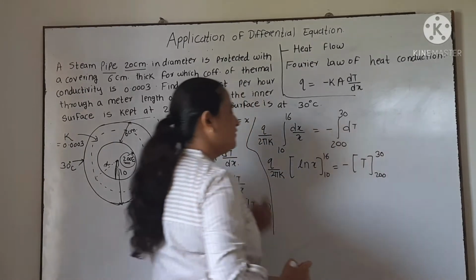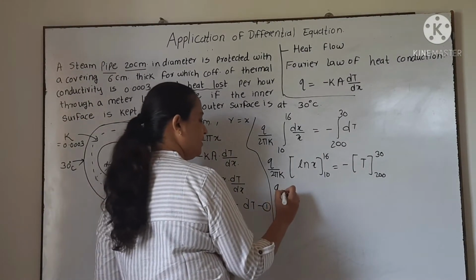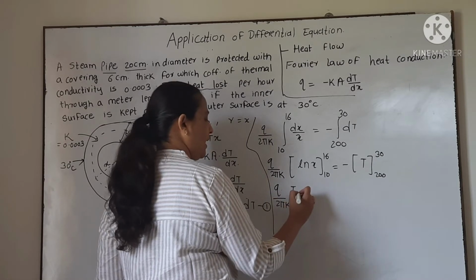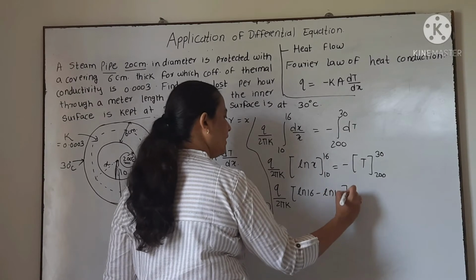We will apply limits. First, we will apply the upper limit and then the lower limit. Therefore, Q upon 2 pi K into ln 16 minus ln 10 equal to